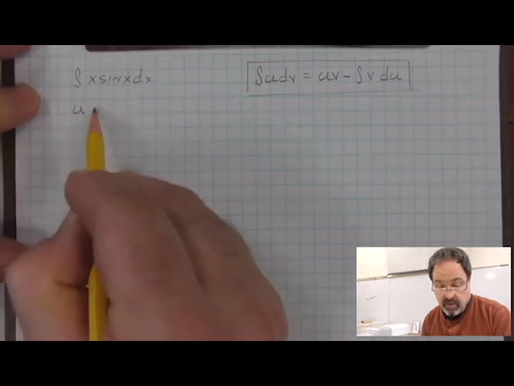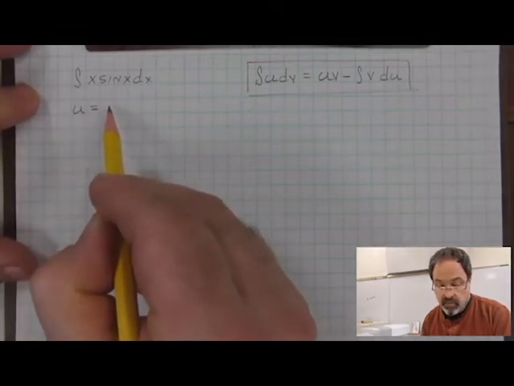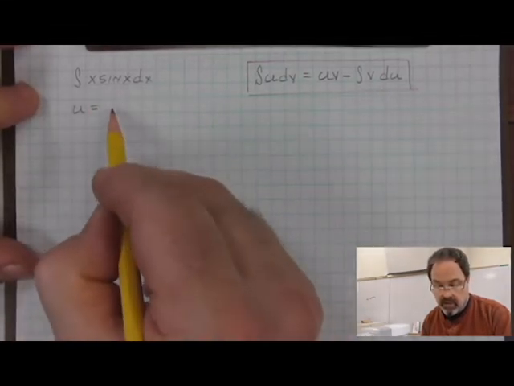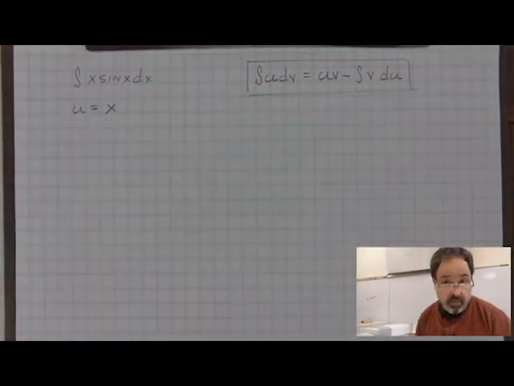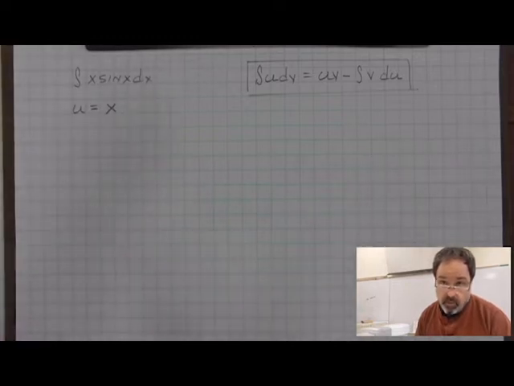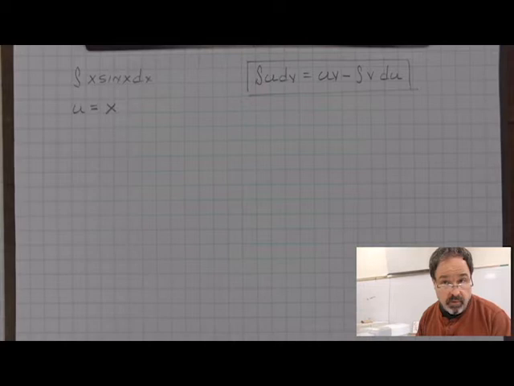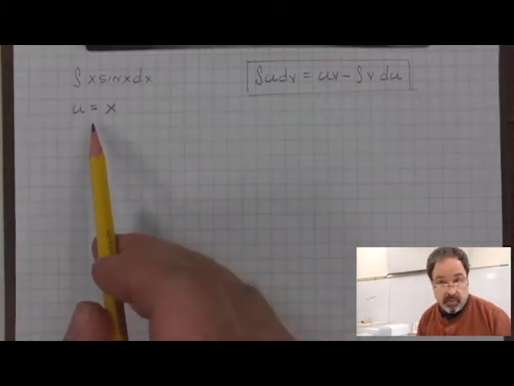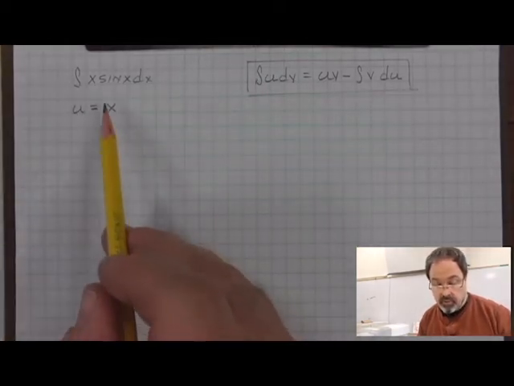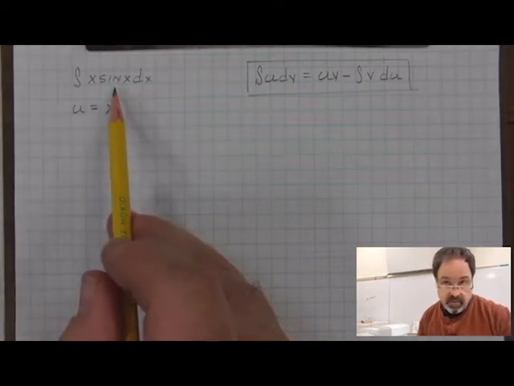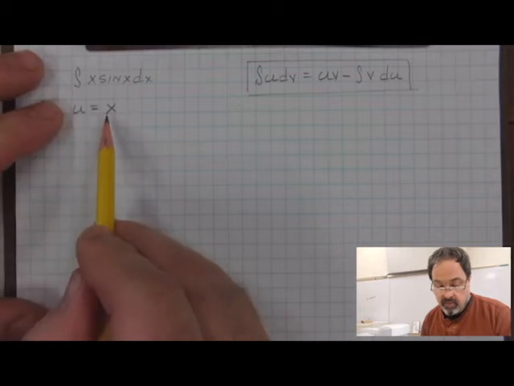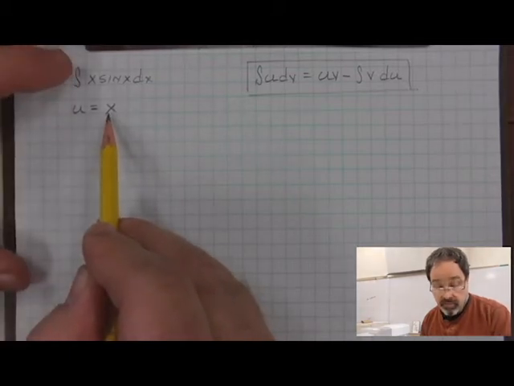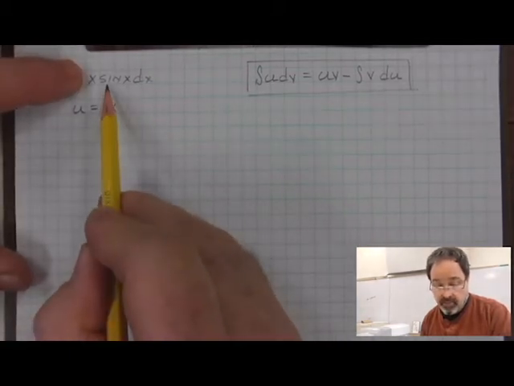And it begins by assigning u to be equal to a piece of the integrand. And if we guess wrong, then it won't work, or it'll become something that's more complicated and therefore not useful. And we would then abandon integration by parts, or we would choose u to be equal to another piece to then see if this would work. If we have u is equal to x, then